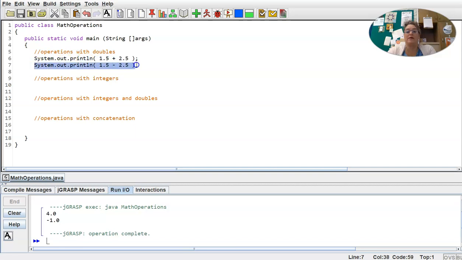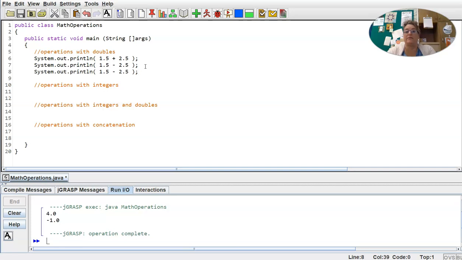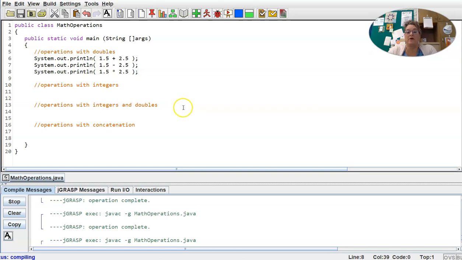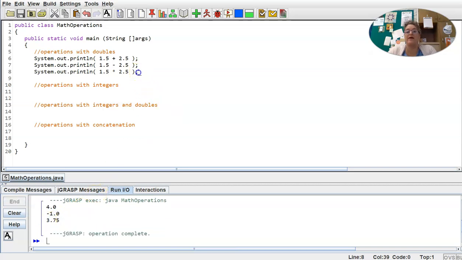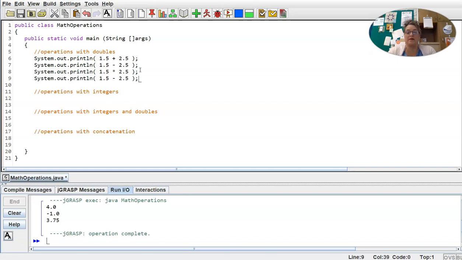Okay, if we multiply, we add a times, and multiply in Java is the asterisk symbol, and then we can run. So 1.5 times 2.5 is 3.75, and then we can also divide, and let's make this a little bit easier